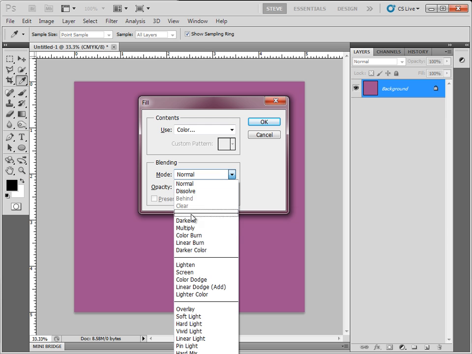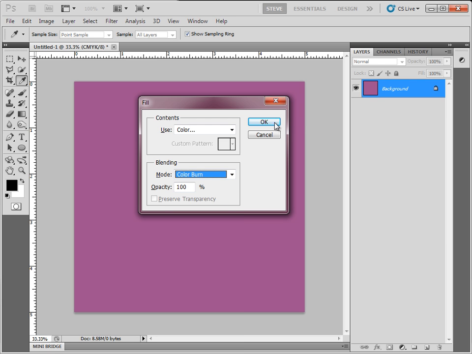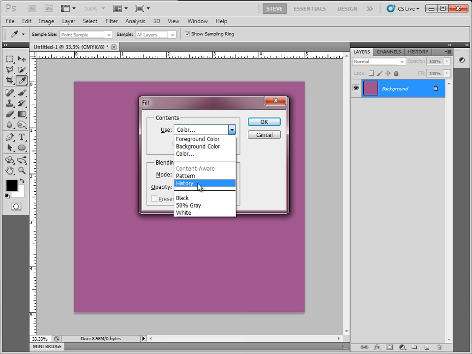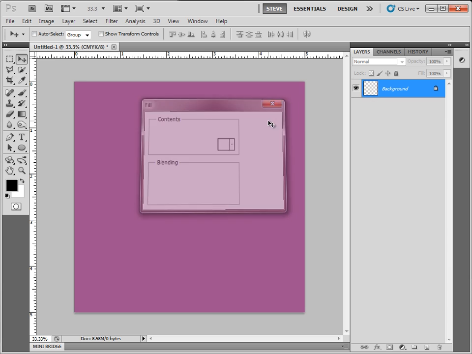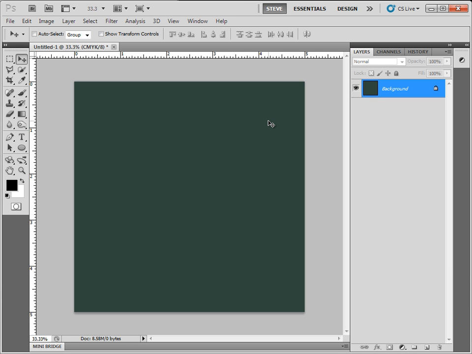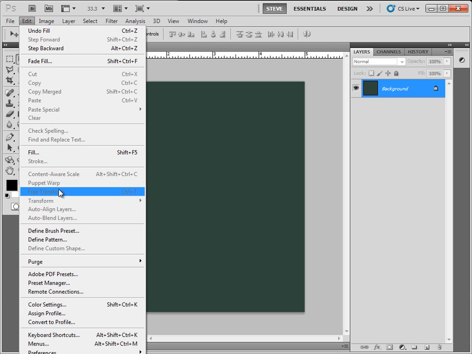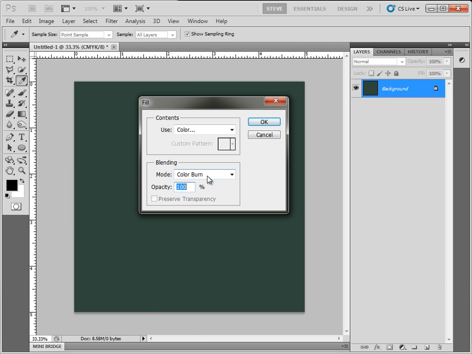And of course, if you pick any of these other blend modes and then pick another color, you might get something also a little bit different. All depends on the blend mode of what you're going to get. So you can see that's not the color that I picked. So if you run into that problem, it's because of either the mode is not at normal or the opacity